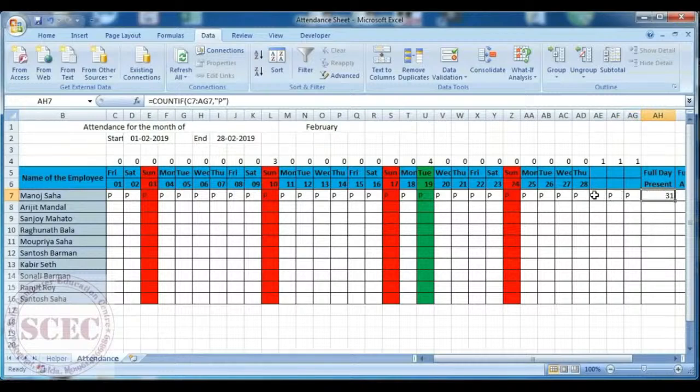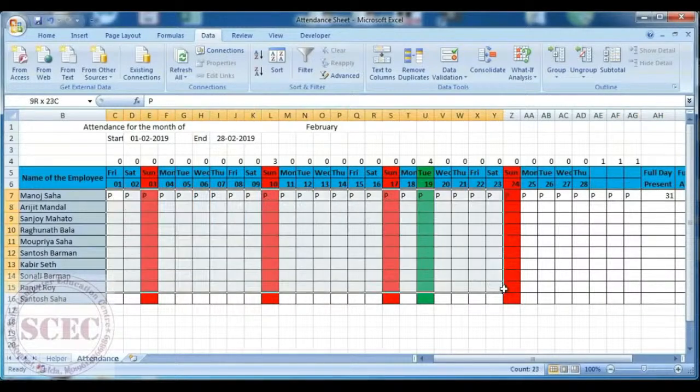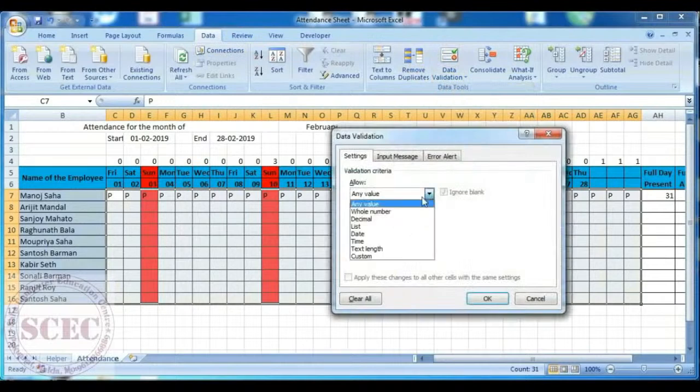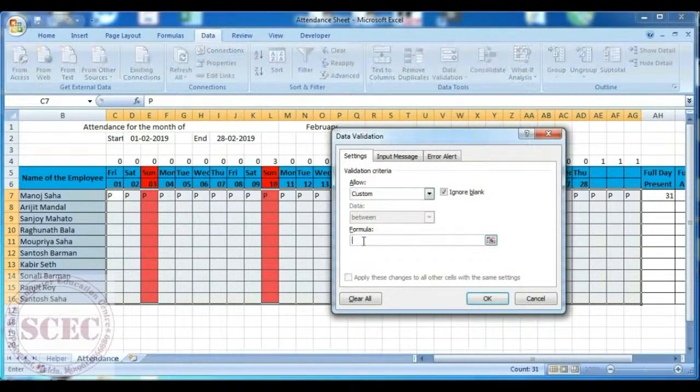So first we will solve the problem so that we cannot put any value in these cells if there are no dates. To do this, first select this, and then go to Data and Data Validation. Here select Custom and put a formula that is equal to this cell, that means C6,